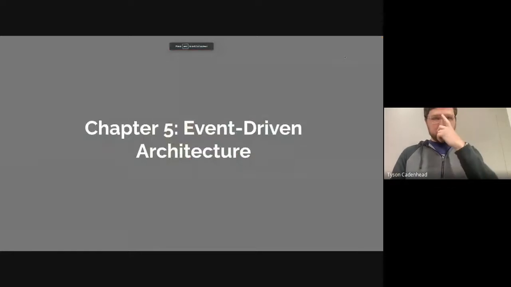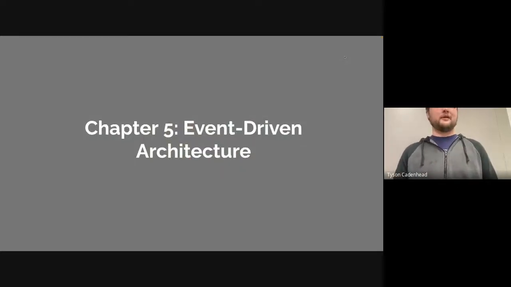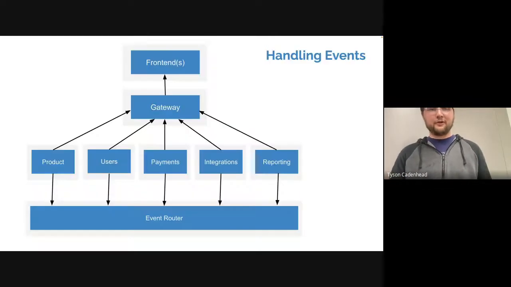The next thing is event-driven architecture. So at this point, we've got a pretty good API that has a good unidirectional data flow that works really well. The next thing we want to do is actually pass events around, because let's say that you create a user, and the reporting service needs to know when users are created, and we don't want to have to hit the users to do queries on the user. So what we want to do is basically have some kind of event router sitting underneath it all that we can take events off of.